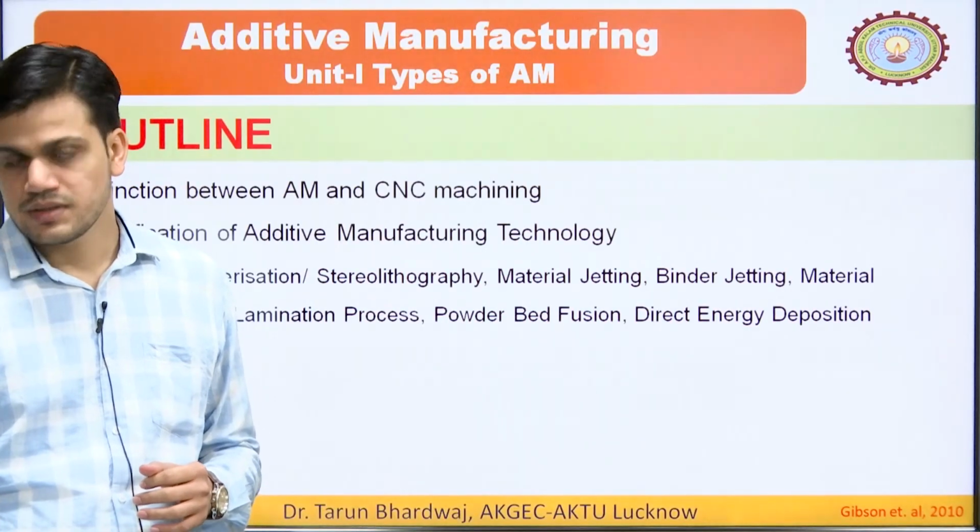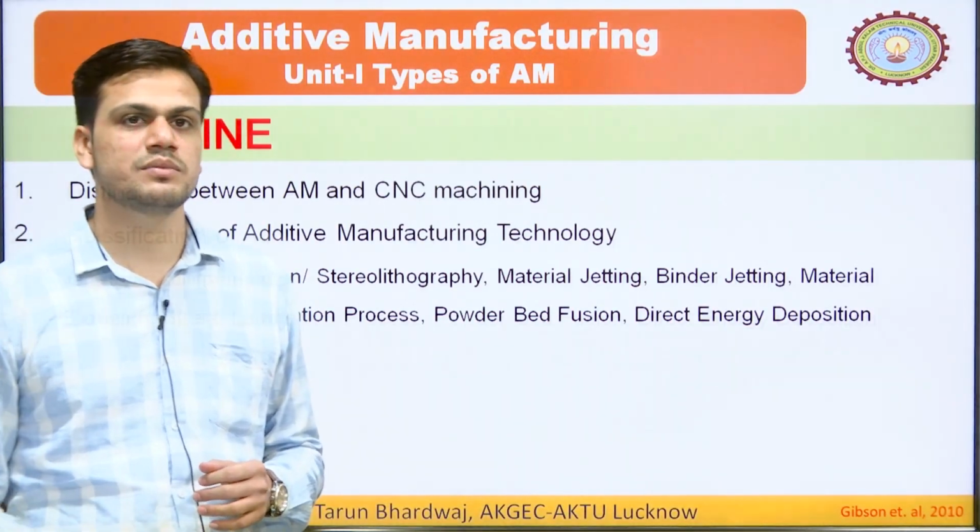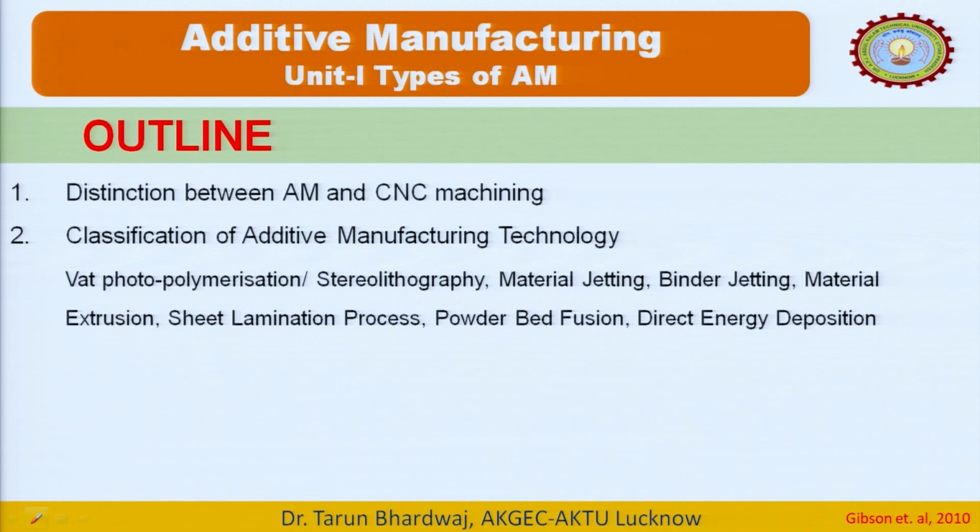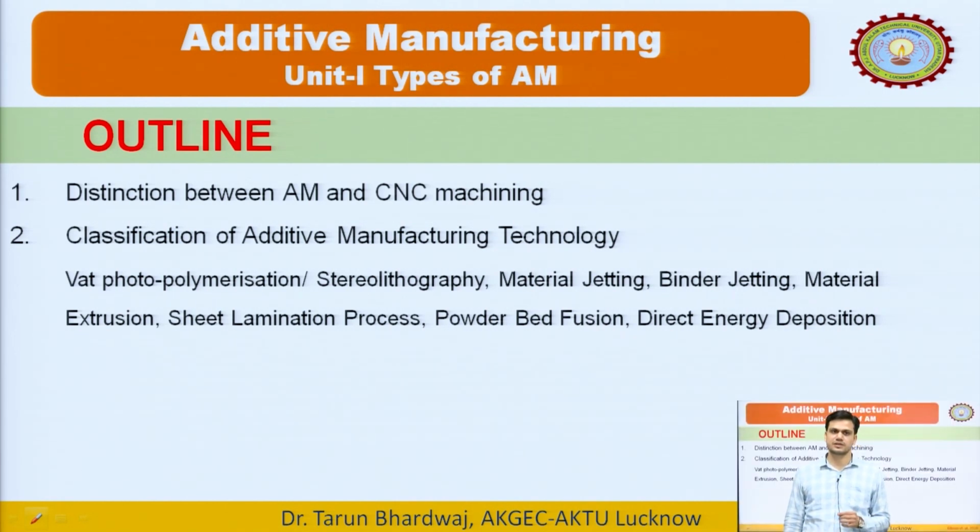So, this is the outline: the distinction between AM and CNC machining, and a few classifications of additive manufacturing, such as vat photopolymerization, stereolithography, material jetting, binder jetting, material extrusion, sheet lamination, powder bed fusion and directed energy deposition. So, first of all, let us start with the distinction between AM and CNC